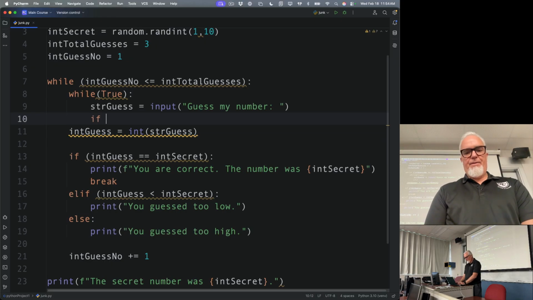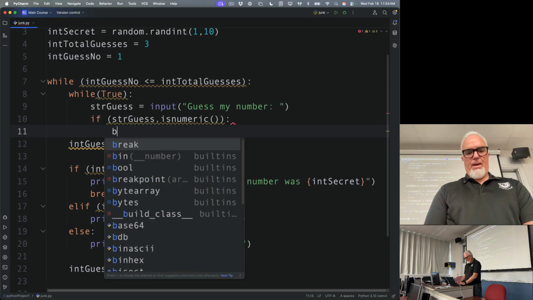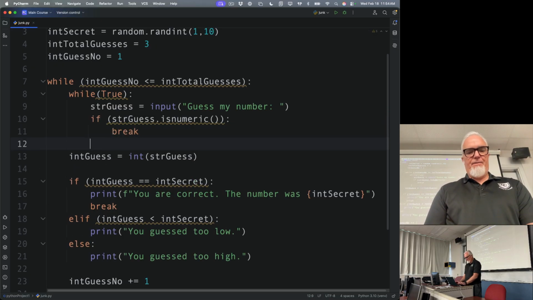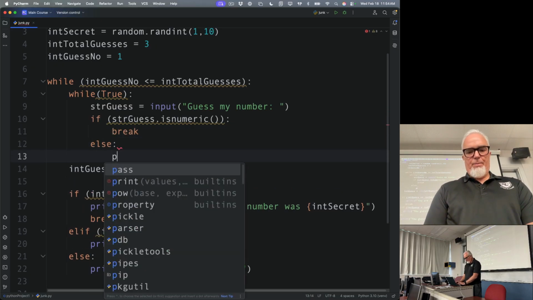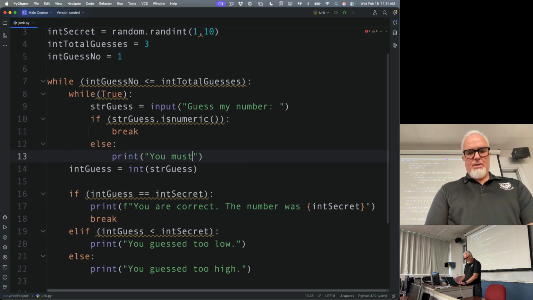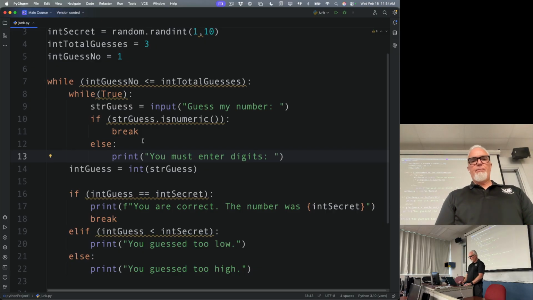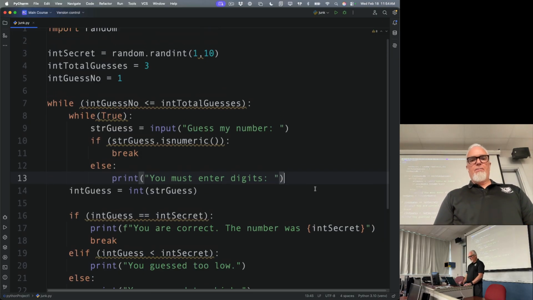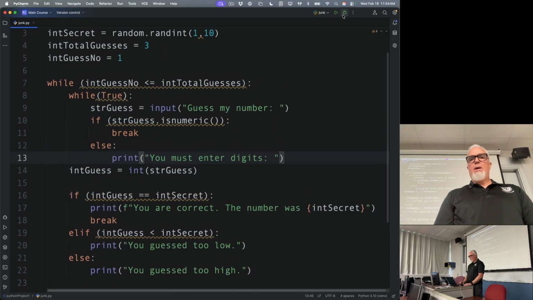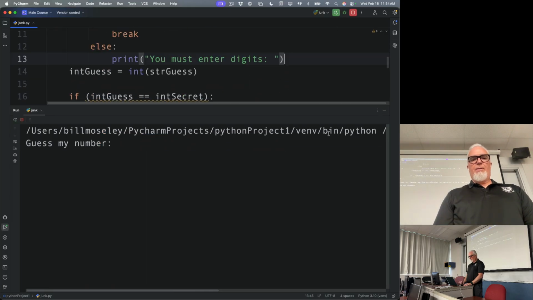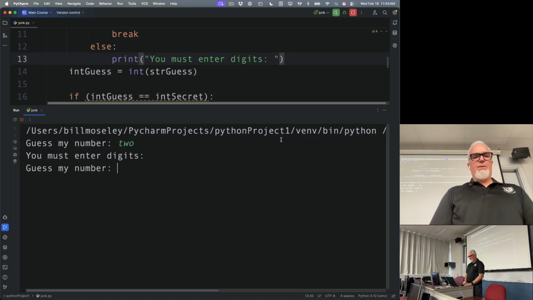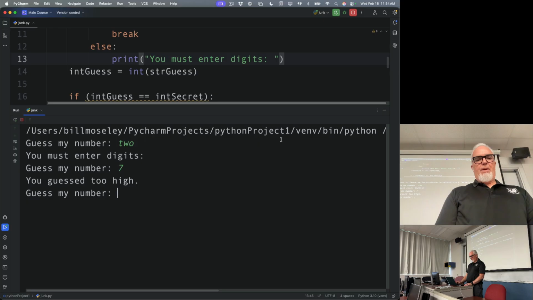So if str guess is numeric, then we break and move on. And if not, then we print you must enter digits. Okay. So there's this. Now if I type 2 like this, it will just say you must enter digits. But now